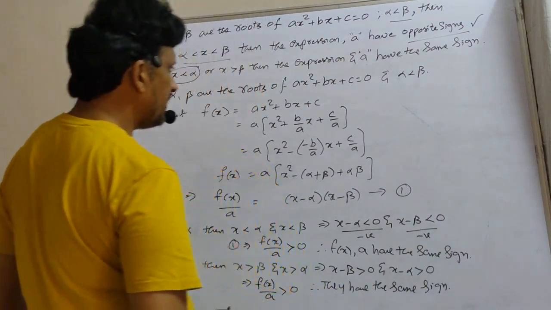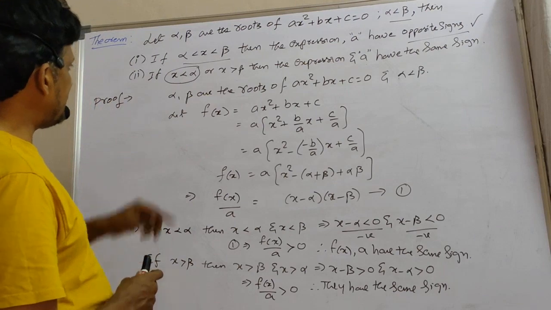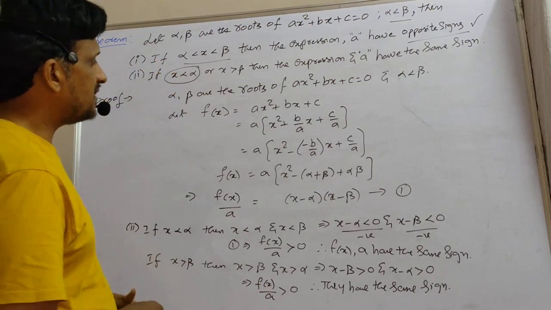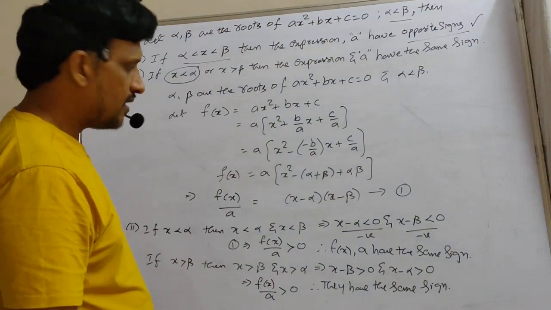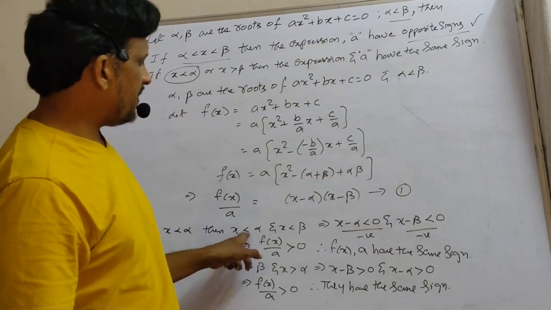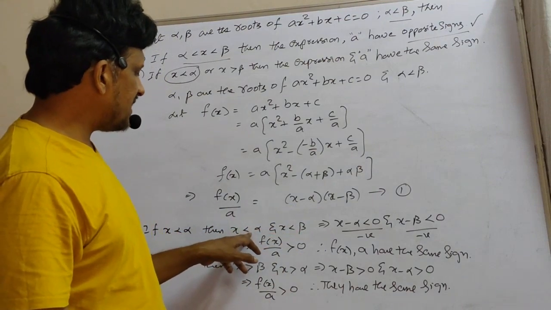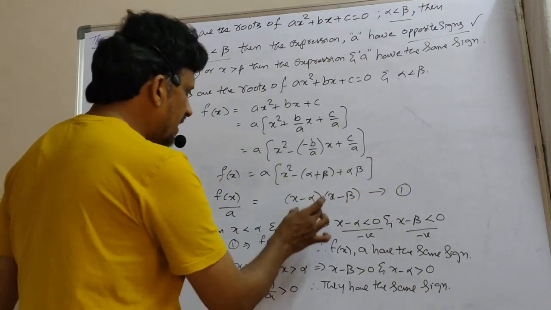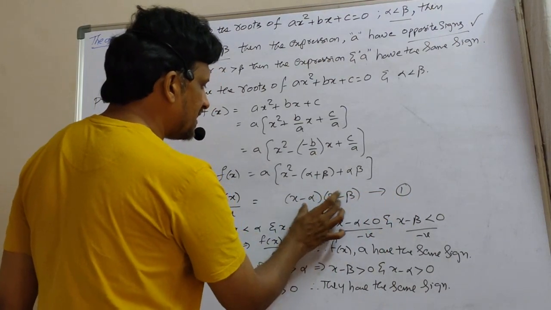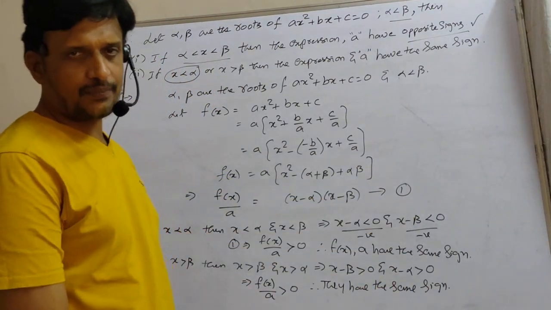So that is the required proof here. Again, in the second case, when x is less than alpha, we have the relation alpha is less than beta, and we have to use that one. So x is less than alpha means that x is less than beta also. So x minus alpha is negative, and x minus beta is also negative, less than 0. Here you are getting a negative number into a negative number, minus into minus will be plus, so the fraction is positive, so they have the same sign.